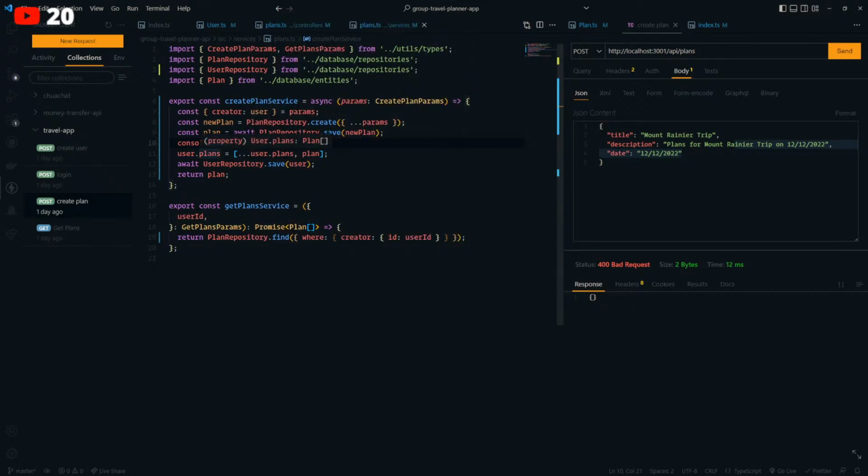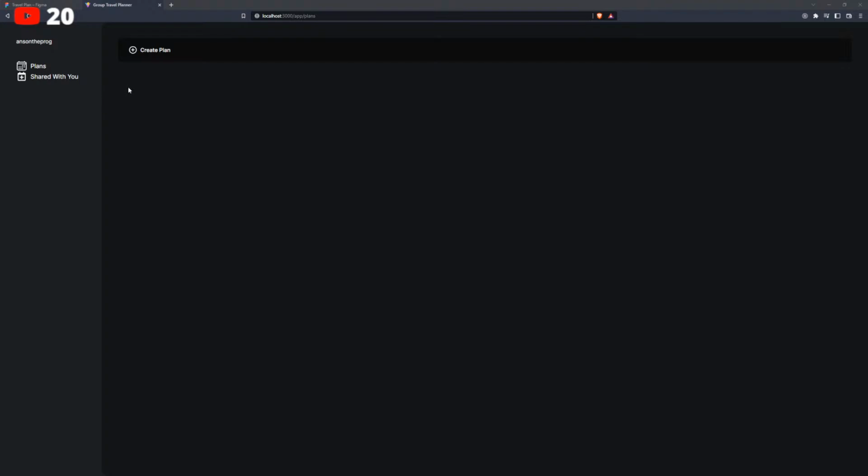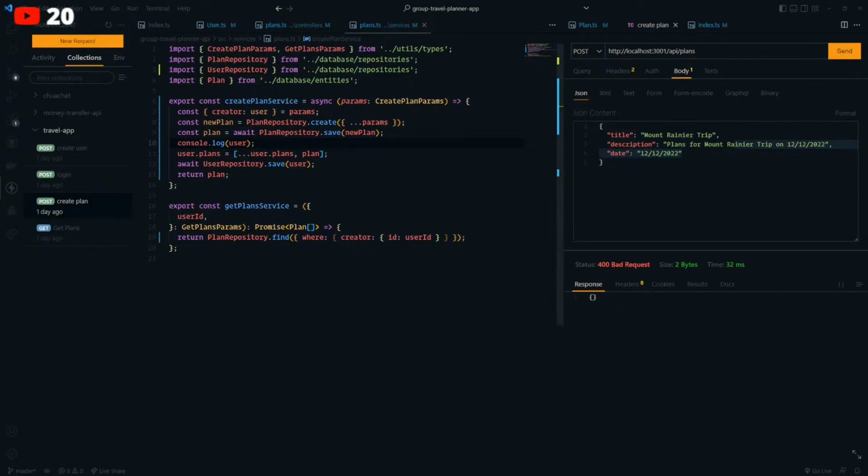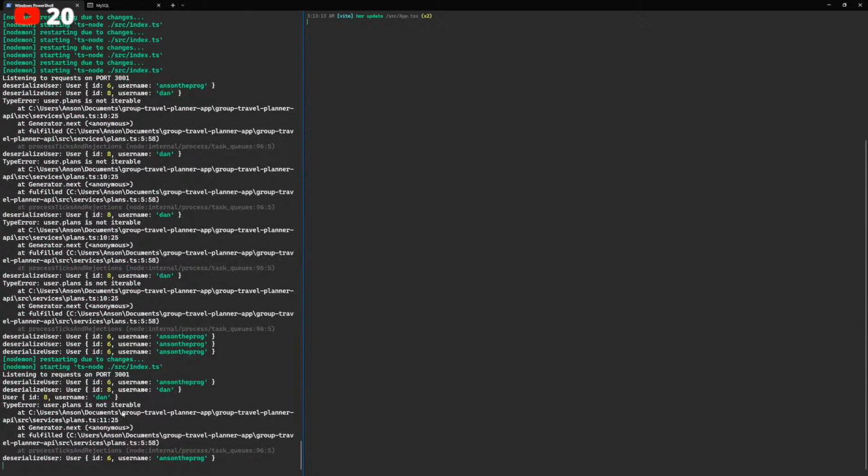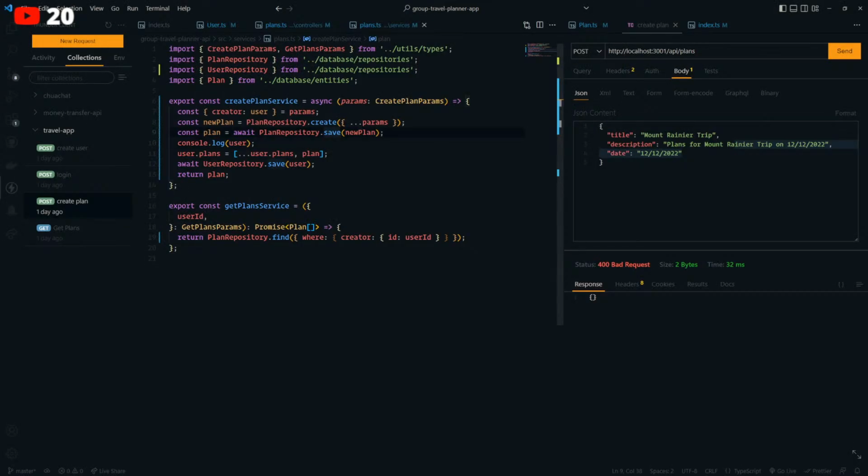I guess it's because user.plans... Let's see. User.plans might be undefined. Yes, it is. Yeah, okay, because user.plans is undefined. Okay. I guess maybe what we need to do is search the user first before we do anything else.